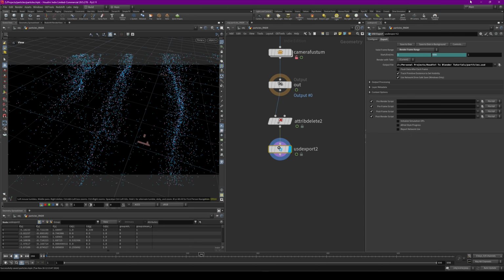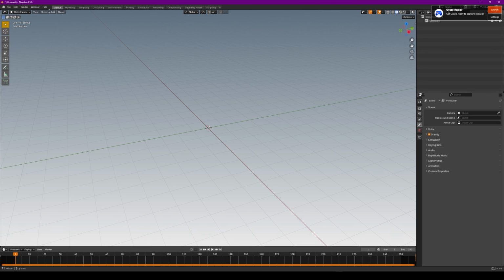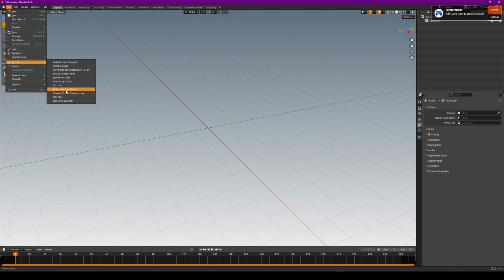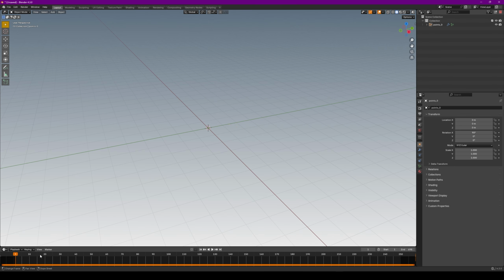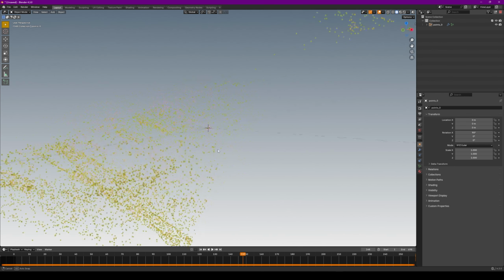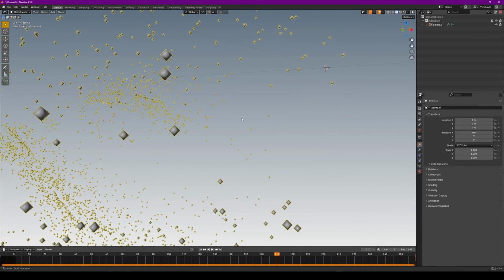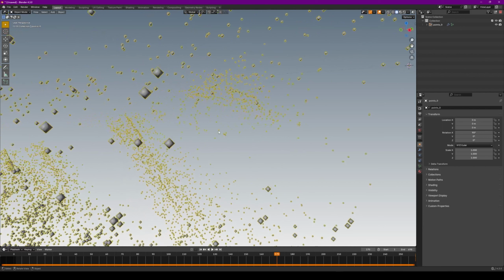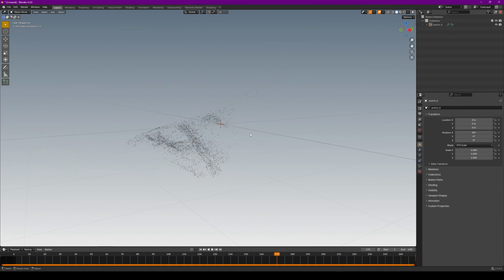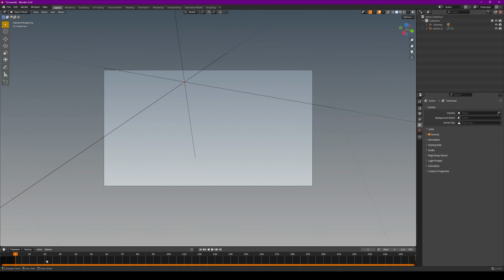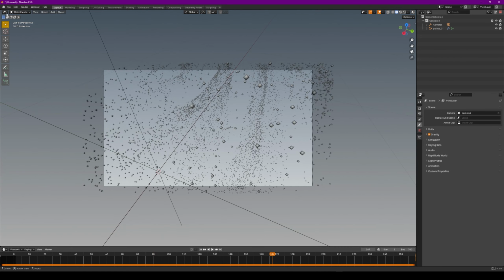Once your cache has finished, let's go to Blender. Here you go. Let's import our USD file that we just exported, and as you can see, we'll have it right here. This is one thing that I want to mention: when you import it to Blender, you will see that it imports like little squares, like right here, but we'll fix this. Okay, let me import my camera. Once we have everything here,